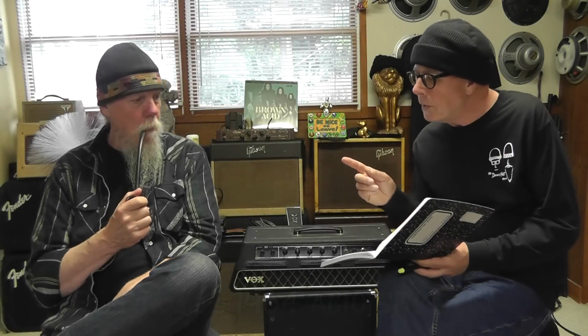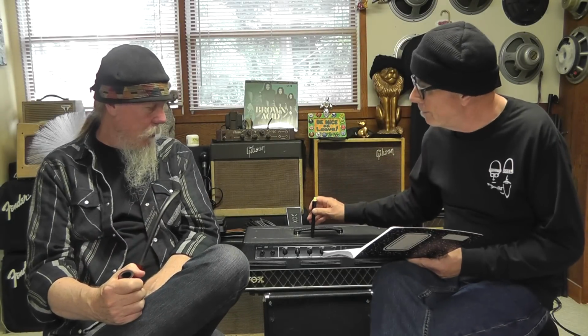I think from where we're sitting, these amplifiers sound very similar to each other. All three of them sound really good. We listen to them back, so we play them here, and then we listen to them back on the recording. And they all have the same character to them. There are some slight differences, but here's an interesting thing. When we took them all apart to check them out,